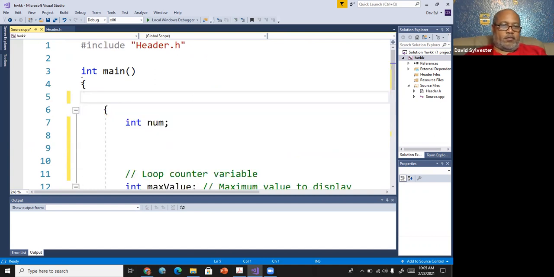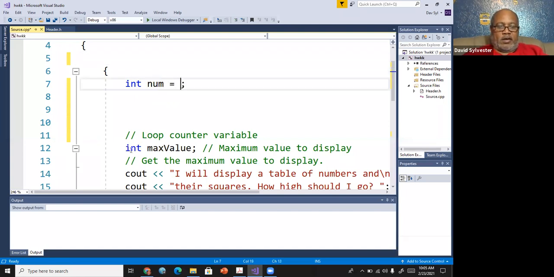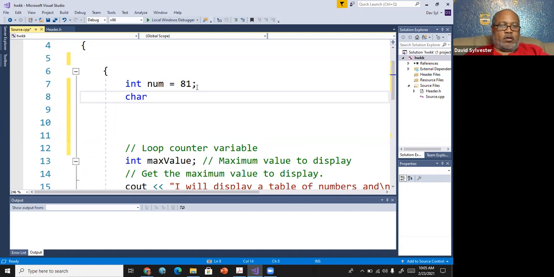All right. So int num is a declaration. You're declaring that num is of integer. But if I do something like int num equal 81, now when I declare it, I'm actually initializing it to a particular value. And I could do that with any data type. I could say char let equals a.